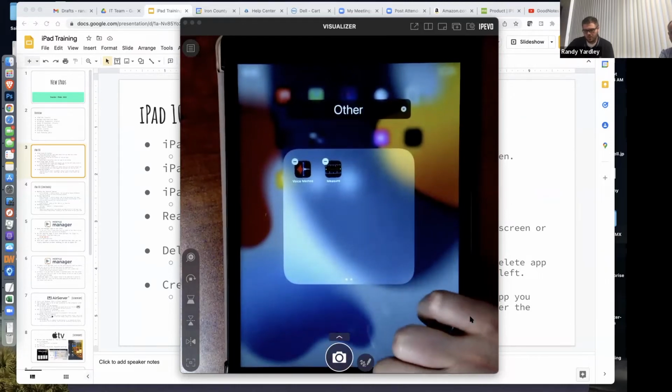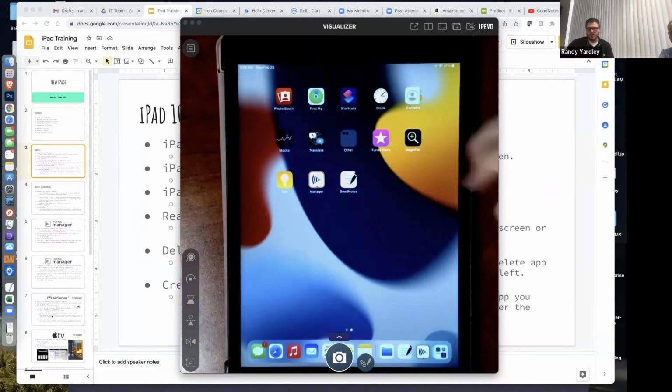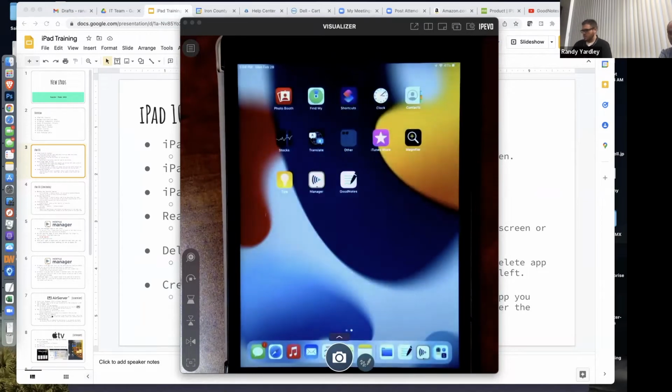And you can either, we'll push the home button this time. And now that folder is going to be called Other. And you can store all your apps in there. So now,